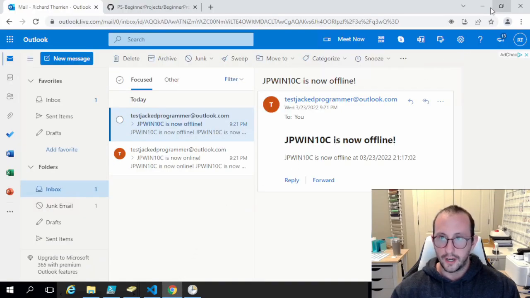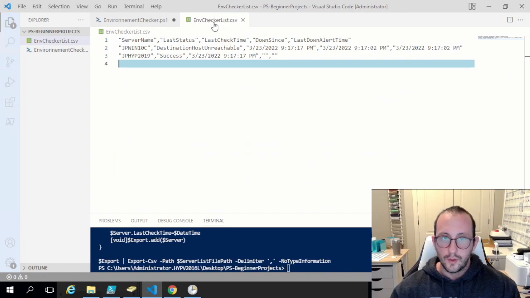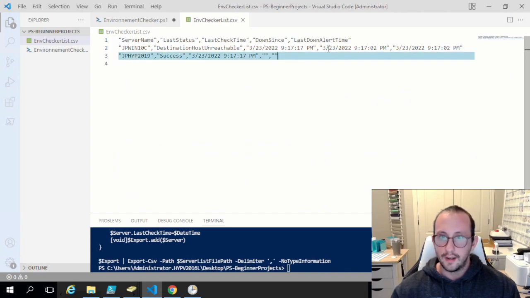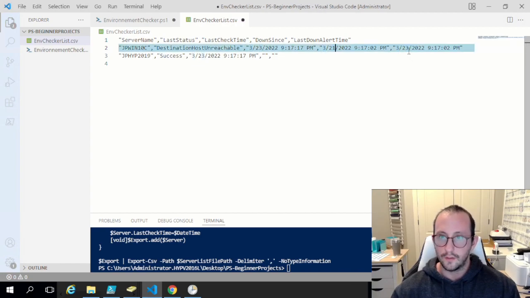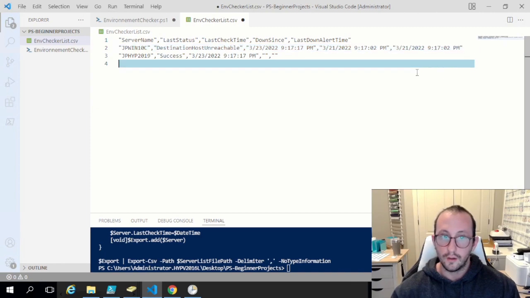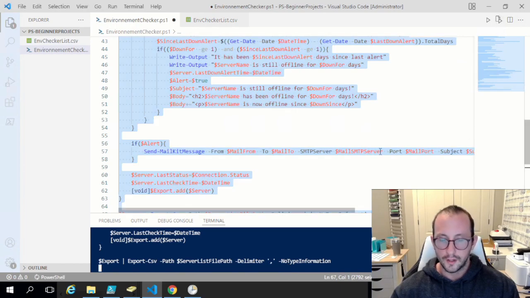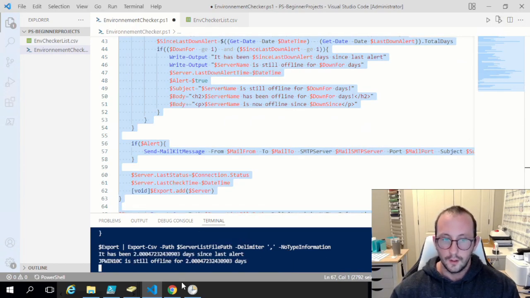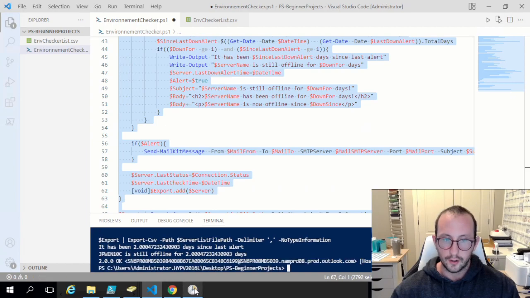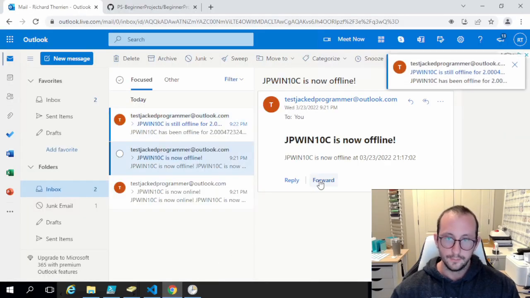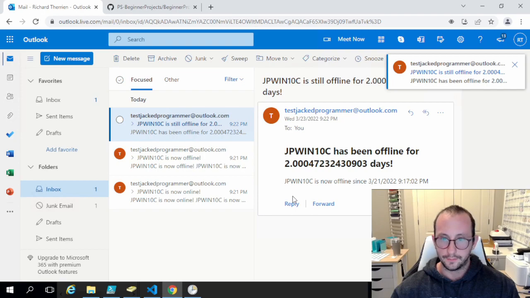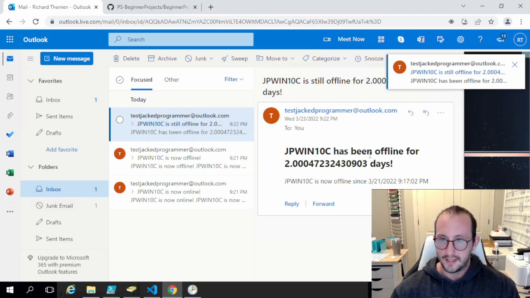There's nothing that's changed. And now if we go ahead and change the down since, let's change the down since to the 21st. And let's do the last alert time since the 21st as well. We go ahead and save that, and we run our code once again. We see that it's been triggered here, and we get that JPWin10C has been offline for